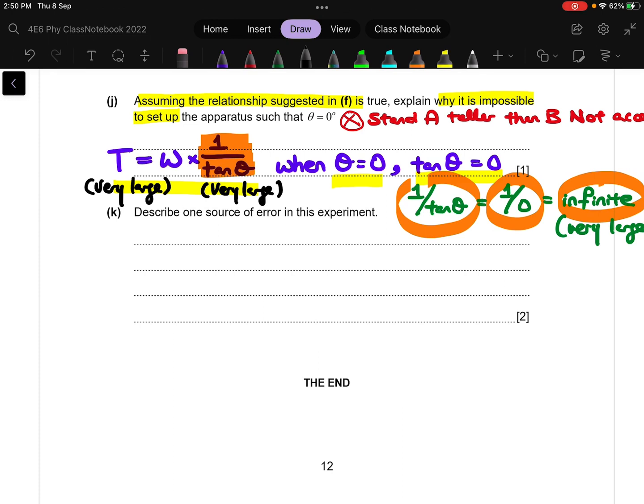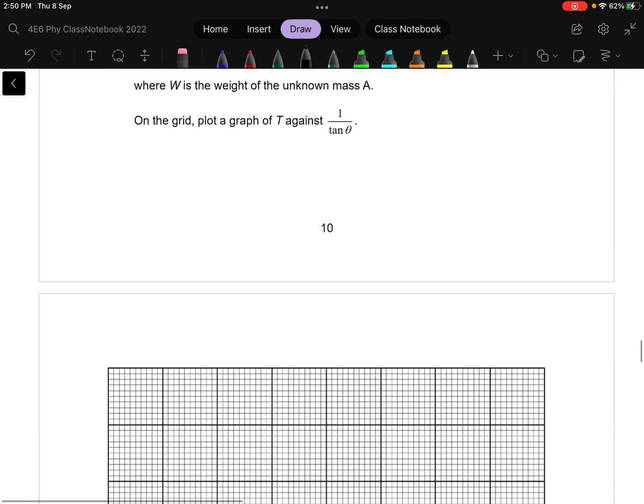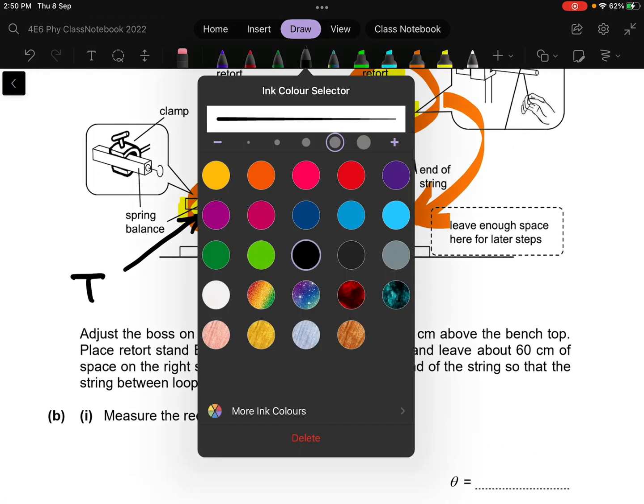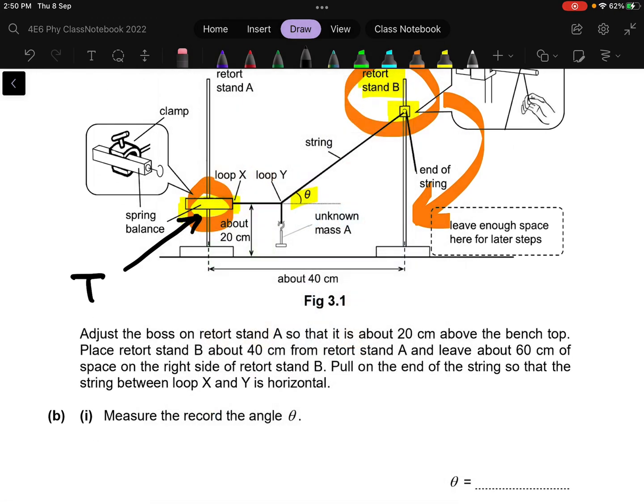Yeah. For source of error, we are being very, very lenient. As long as you can give me two components and they are sensible, I will give you the full 2 marks. The one thing that I didn't accept is that some of you are telling me that you have to shift